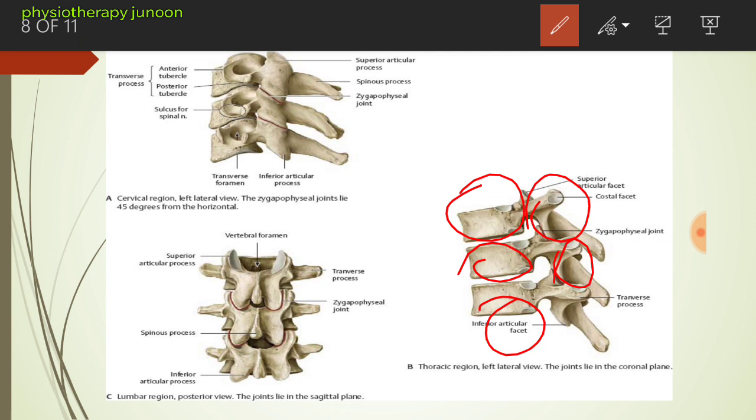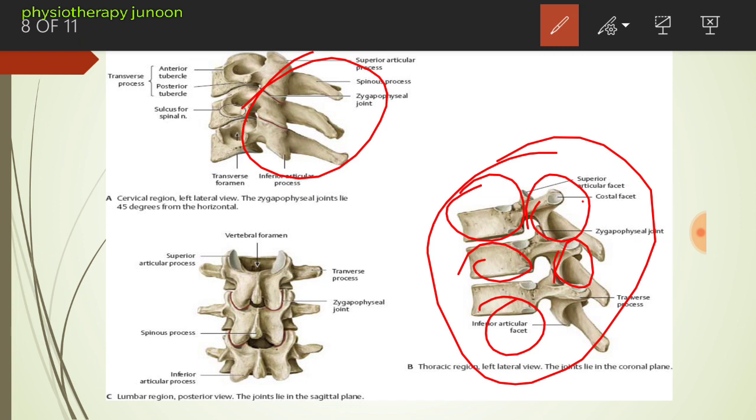The name suggests that it is found laterally, formed by articulation between the inferior facet of the lateral mass of C1 and the superior facet of C2, because C1 and then C2. They are arranged in a saddle shape, so they lie like this, as you see in the picture, and these are plane type synovial joints. So, third category, plane type synovial joints.